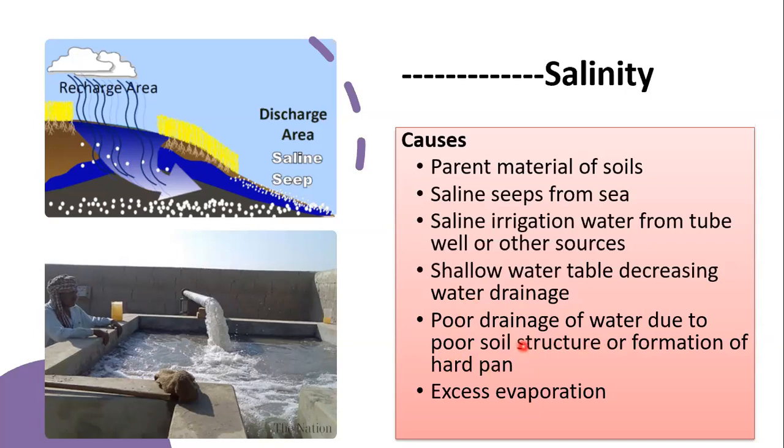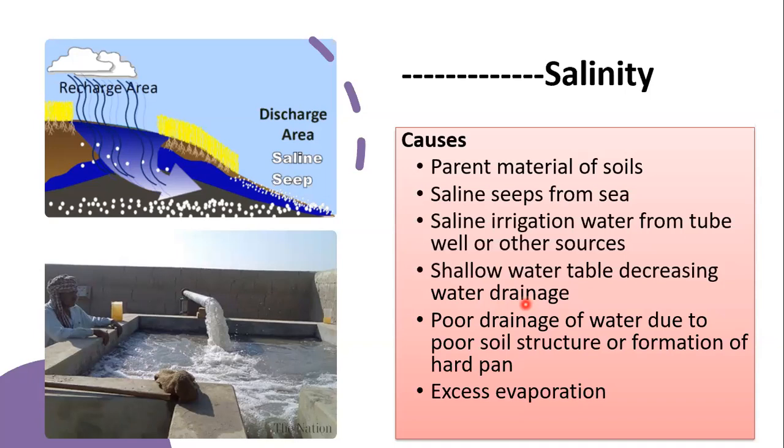Because if we have a hard pan formation, then the drainage will be low and the leaching of salts will be lesser. When we have very excessive evaporation of water, then of course the salts from the lower part of the earth, out of the root zone, will come into the root zone and